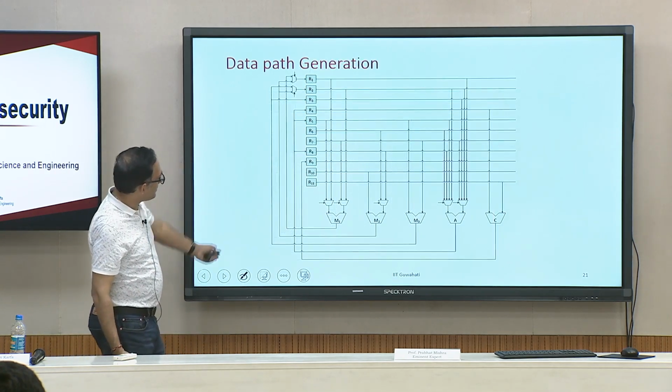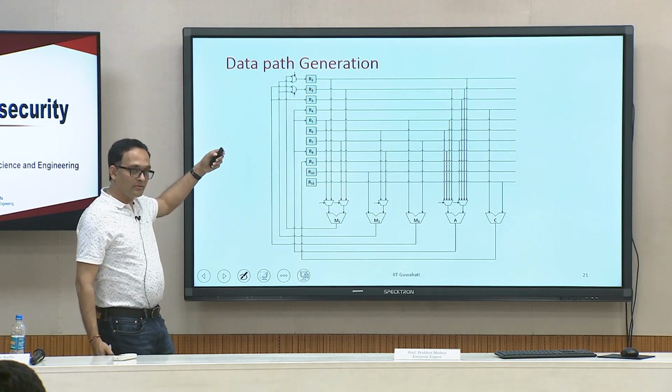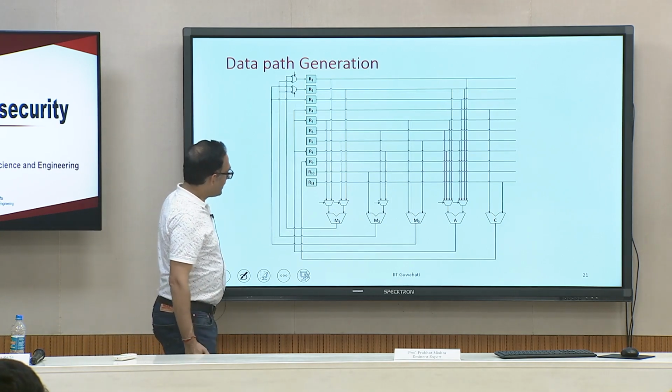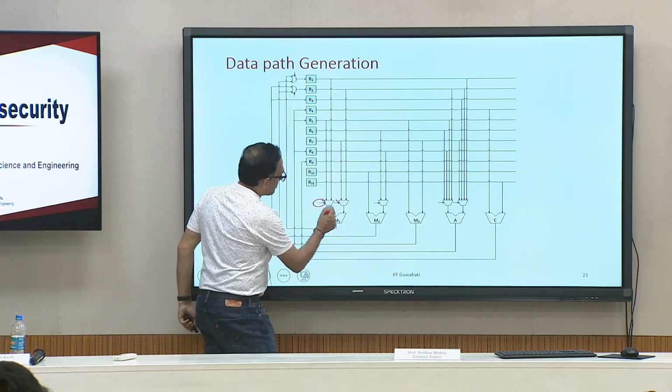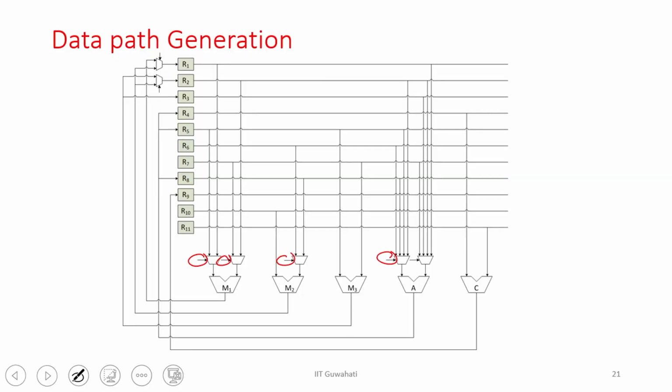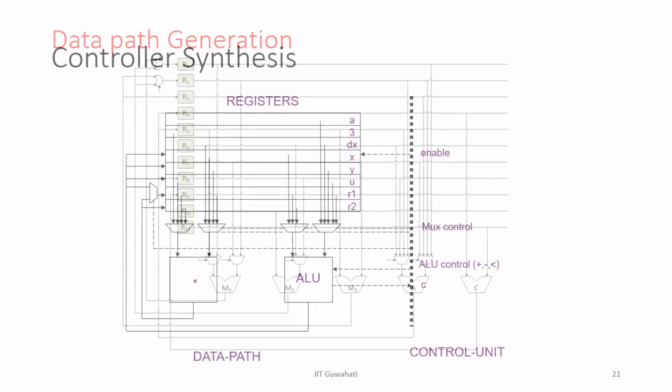So, this is the final data path for the design I have taken. And then these are the control signals. This value will come from the controller. So you will tell that in the first clock you send 0 here, so that R5 comes here and R7 comes here, and so on. So the controller value will be determined by